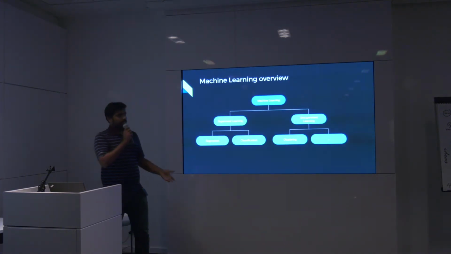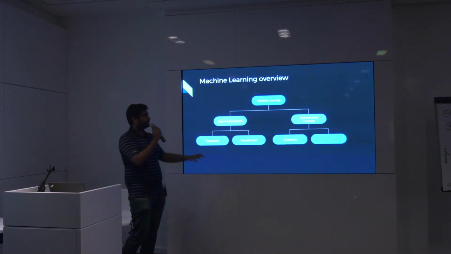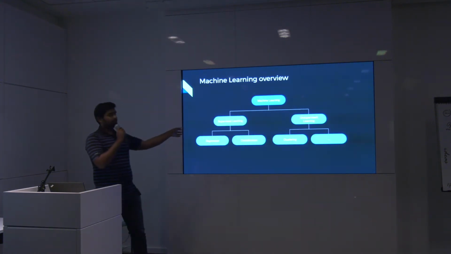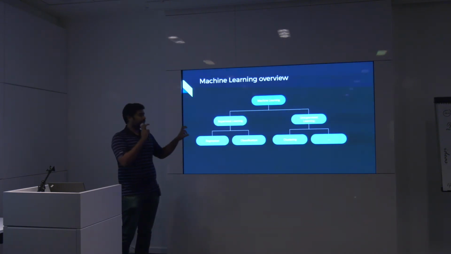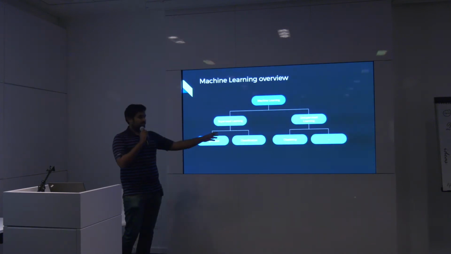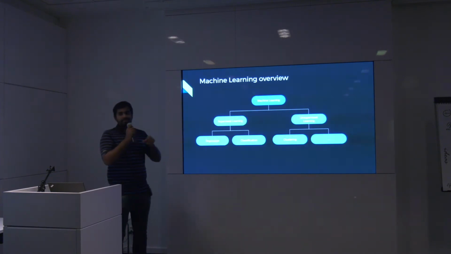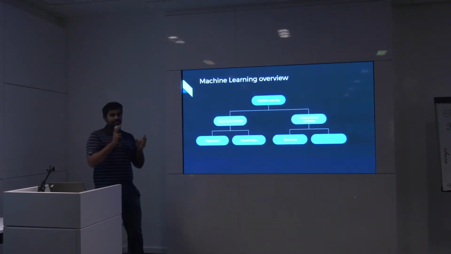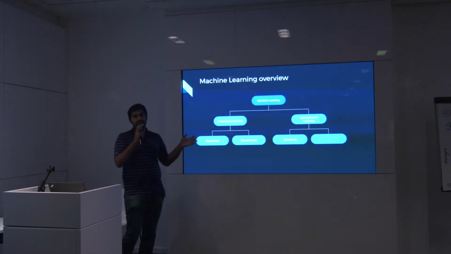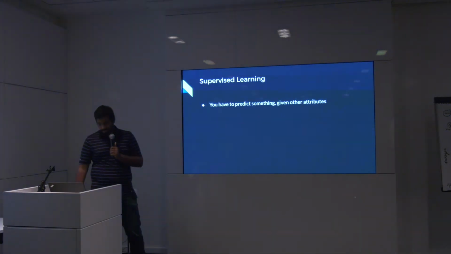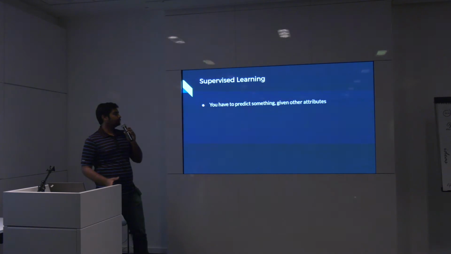So currently, in the mainstream, machine learning can be divided into two parts: supervised learning and unsupervised learning. Supervised learning can further be divided into regression and classification. Unsupervised learning, the most widely used technique is clustering. There are several more that are available. I'll go through that. And if you check the website, there's also something called reinforcement learning. I will go through this, but these encompass most of the work that's going on in industry right now. So let's go on to supervised learning.